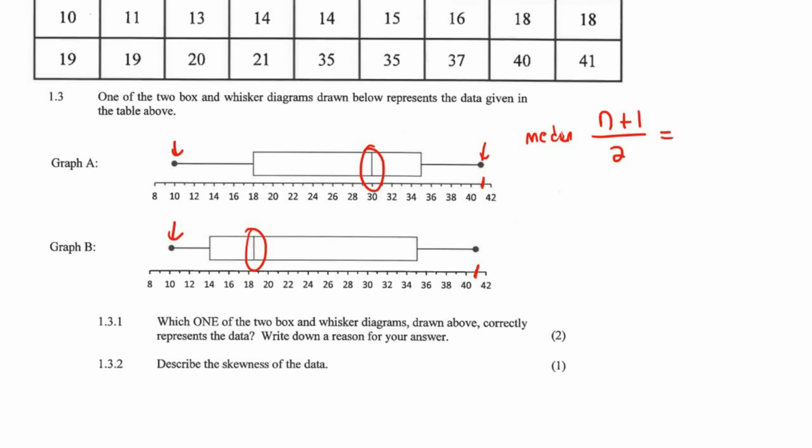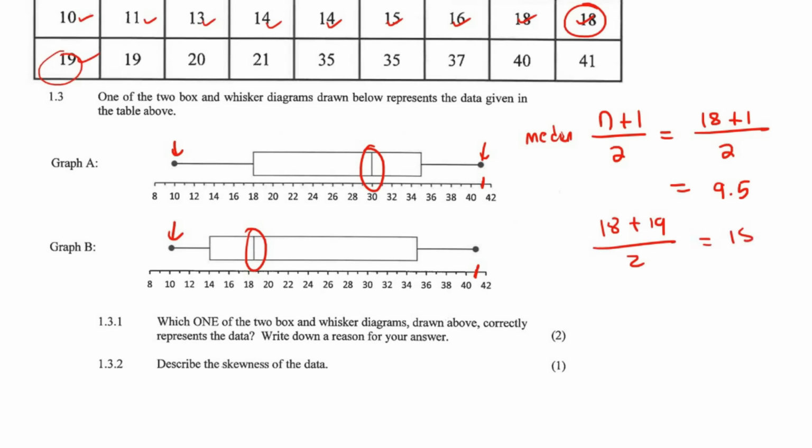So we know that there were 18 points, or 18 days. And if you had to work out 19 divided by 2, that's 9.5. So for that, you go to position number 9 and position number 10. So position, that's 1, 2, 3, 4, 5, 6, 7, 8, 9, 10. So you take the average between those two numbers. So you add them together, and then you divide them by 2, and that's going to give us